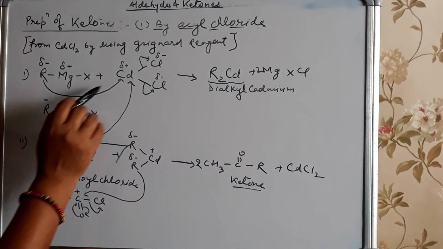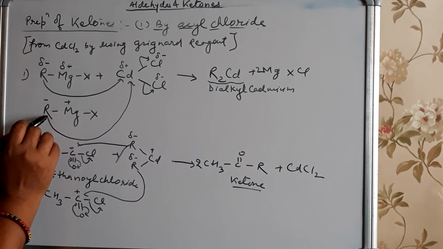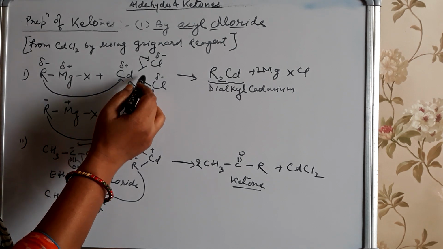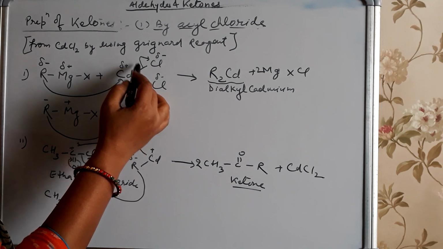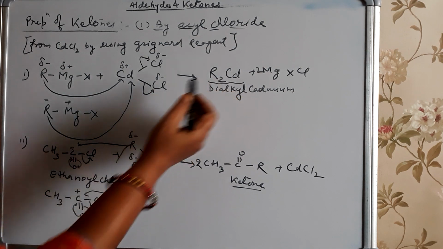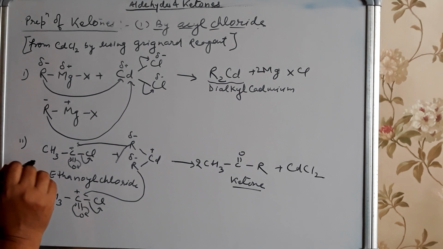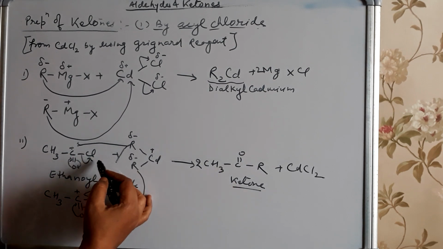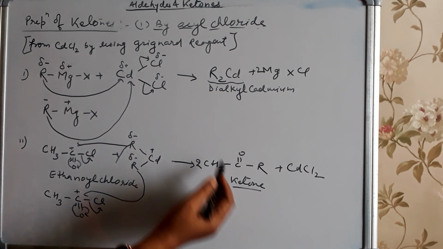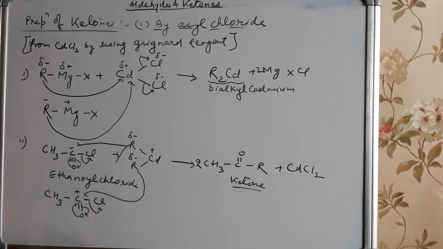At first the alkyl group goes towards the cadmium, and 2 moles of Grignard reagent are used, 2 molecules. So one of the alkyl groups also goes towards the cadmium chloride. In the meantime, chlorine is a good leaving group and is removed from here. So there is formation of dialkyl cadmium. Acyl chloride does not directly react with Grignard reagent, because when ketone forms, Grignard reagent will still be present, so the formation of alcohol takes place. So the method of preparation of ketone from acyl chloride is very easy and important.